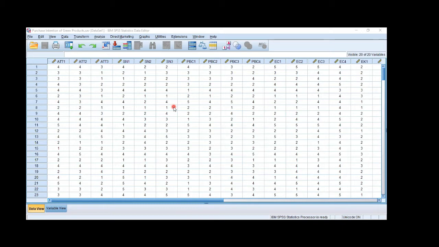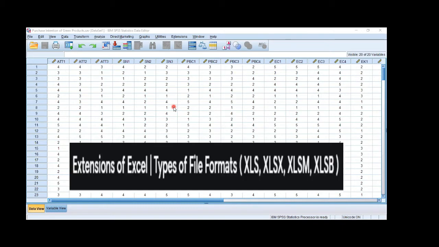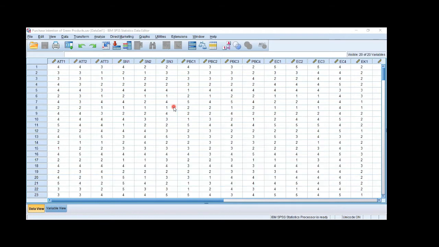I will remind you that Excel has different formats, like comma separated value, XLSX, and certain other extensions of Excel that you are looking at here. But we are interested only in .csv. How to convert your data into .csv? That's very easy, because normally we are recording our observations either in SPSS or in Excel. So now, from the SPSS software, that same data we want to export to Smart PLS.